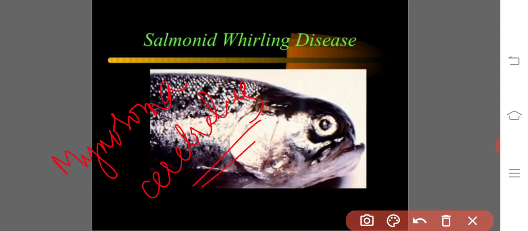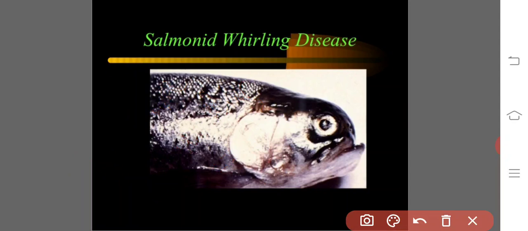It is common in culture ponds, affecting young trout and fingerlings during farming. The symptoms are pancreatic necrosis, lesions, and disintegration of the cartilaginous skeletal support of the organ of equilibrium. Organ of equilibrium means semicircular canals. A rapid tail chasing type of whirling is often seen when the fish is frightened or trying to feed. Control measures are